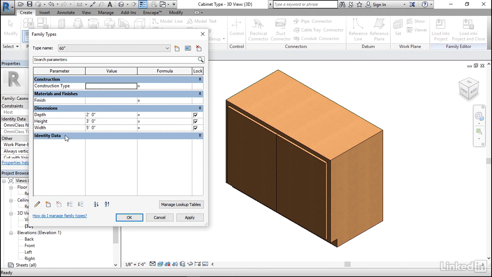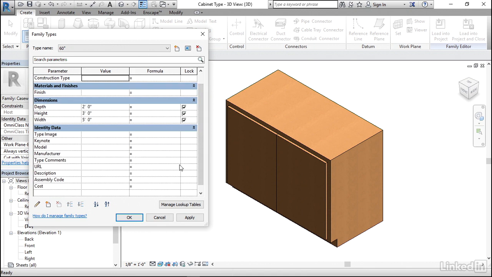I also want to make a comment that underneath identity data, if we click the little arrows toward the right-hand side, we have a variety of other information that we can add. If we have keynotes that we want to associate with our cabinetry, this is where we could add it. Model manufacturer information, a URL which would take you to a website or maybe to a PDF that shows all the details associated with this piece of cabinetry. Technically, you could input in the cost. I usually don't recommend that, but if you know that that's what the cost is, you can put that information in. There's even options here for a description, which allows you to describe what the cabinet is, as well as